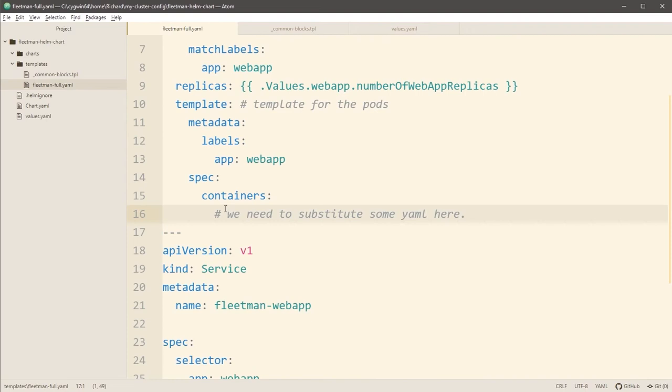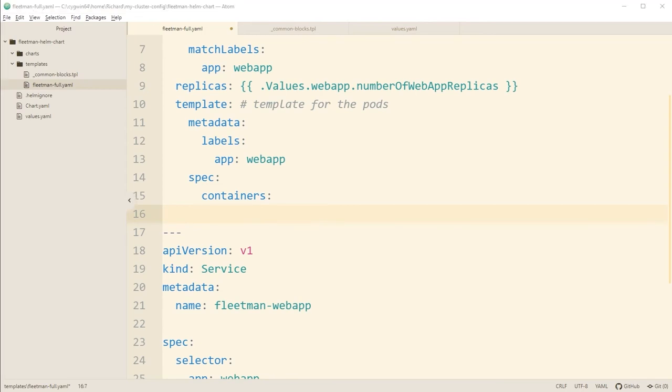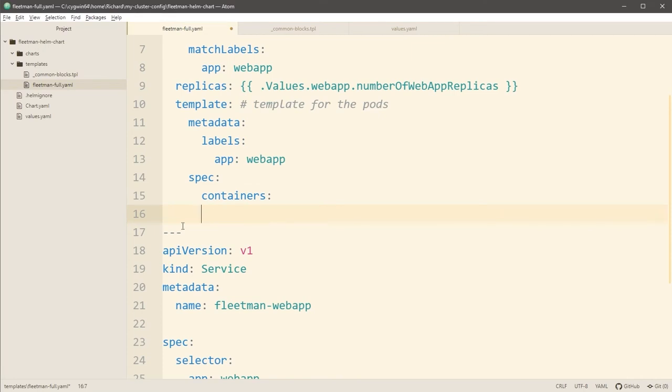All that remains now is to show you how you actually pull that in to our target YAML file. Now, there are two ways of doing this. There are two commands that we can use here in our main YAML file to bring in that common block. We can either use the template command or the include command.